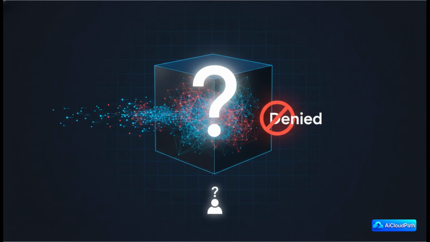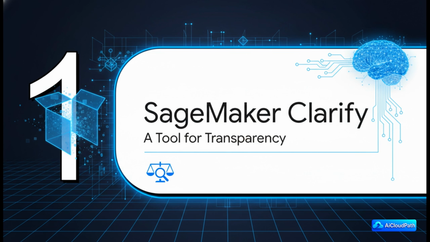And that's really the core issue we're talking about. When an AI model makes a prediction, its internal logic can be so incredibly complex that even the people who built it can't easily explain it. This opacity, this black box, makes it really, really hard to trust the outcomes. But what if we could open that box?